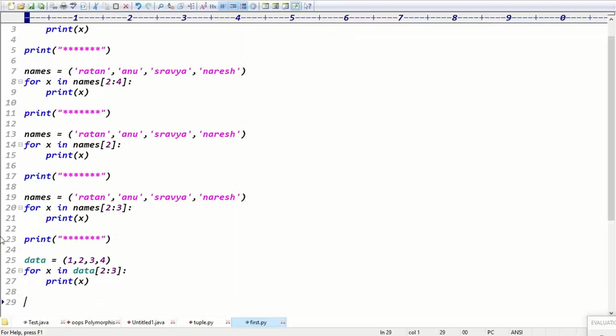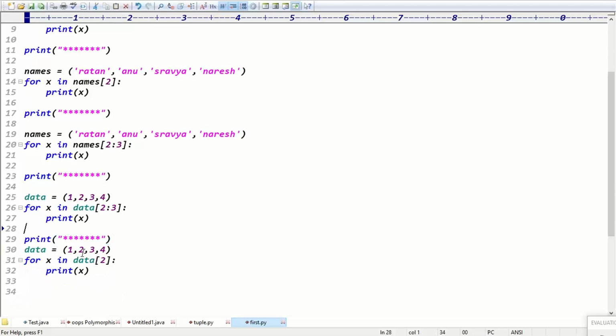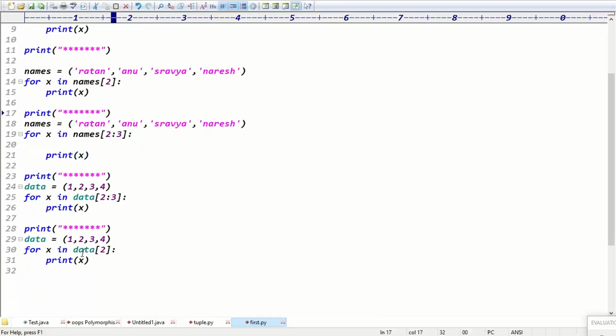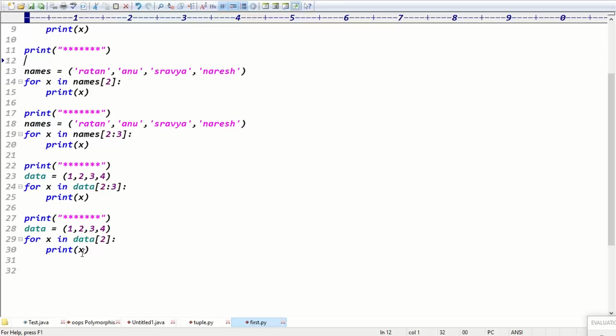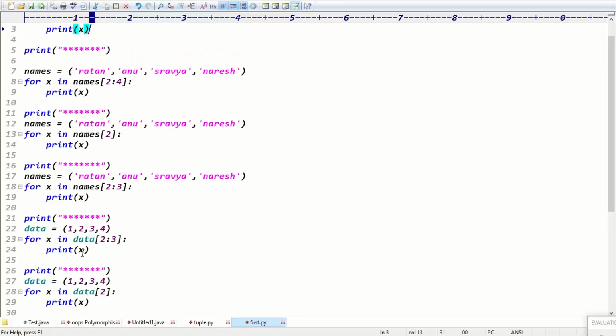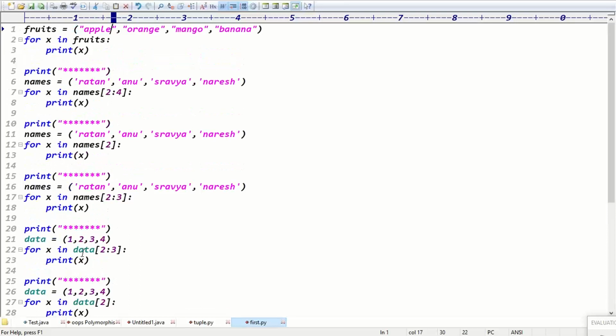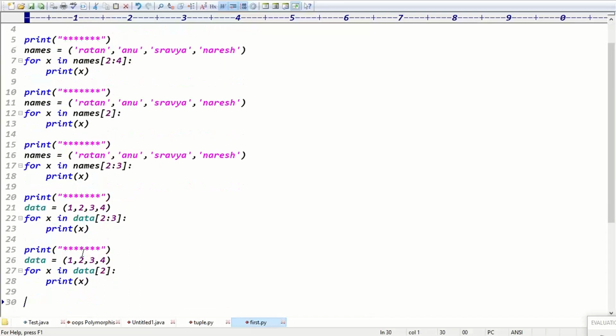Very good. And the same thing I can write as data of only 2. If we write only 2, what is the output now? Yes, this line generates an error message, guys. Why does data of 2 give an error? Data of 2 is one element, right? Is one element iterable or not iterable, guys? Not iterable, right? Exactly, Venkatesh. Yeah, that's the point, guys.